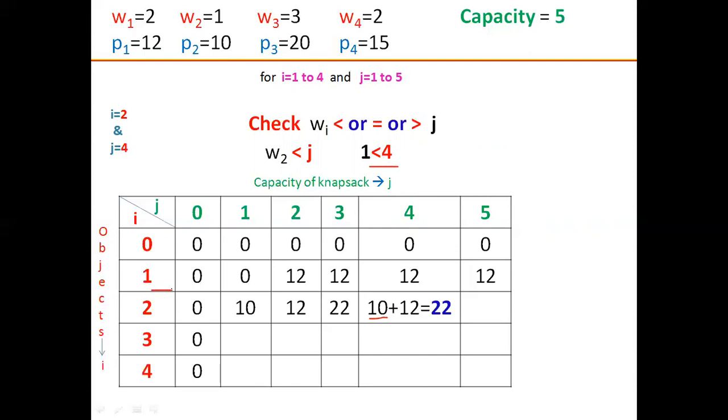So previous row, third column is 12. So 10 plus 12, again I get 22. So 22 is again maximum compared to my previous profit. Similarly, now to fill this